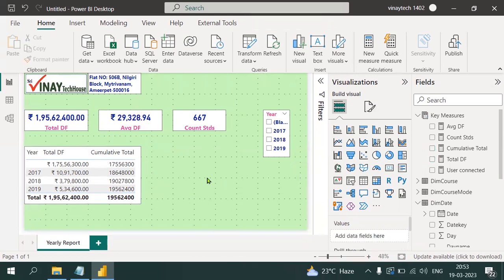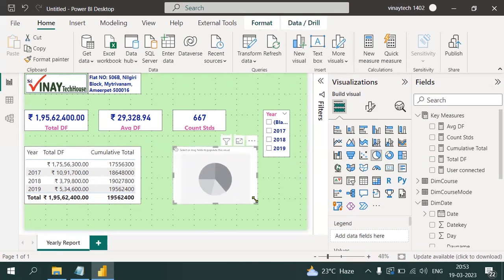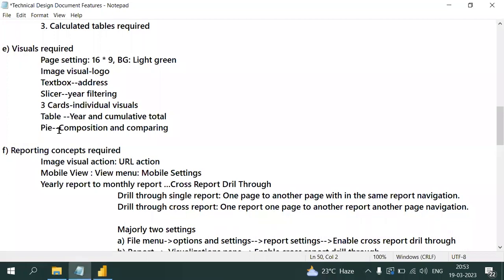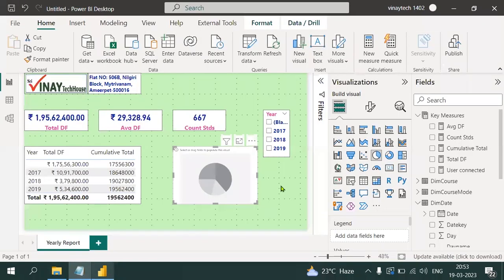Next, I need a pie chart. Just click a pie chart. Why a pie chart? Because yesterday we decided that for composition comparison, a pie chart is required. And what are the columns? We know already. Legend level I will take